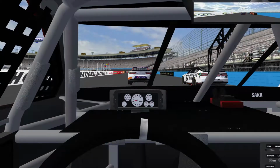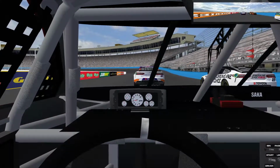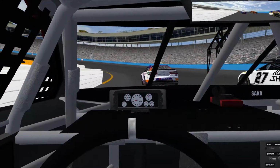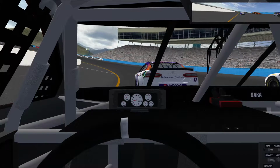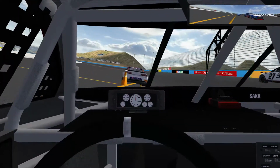Brandon on the outside pole in that 27 A-Shock Toyota. And just to our right side, Chase Elliott. And a few rows back, William Byron. We are the final four. Whoever finishes ahead between us four wins the title. Waiting for Denny Hamlin to pick up the green flag, and green flag is out for 32 laps here at